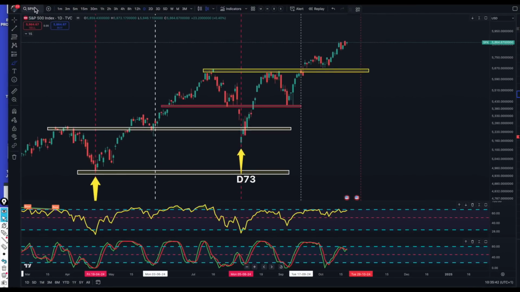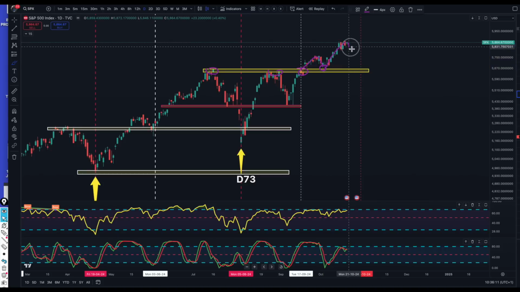And if we move on to the SPX, we can see quite clearly we've broken out from these very strong resistance levels. Having broken out, we've come back and retested them as support, and we've gone again on another leg. This is the end of the current 60-day cycle on the 29th of October, so we've still got another week. But as we know, we normally have an end of cycle pullback.